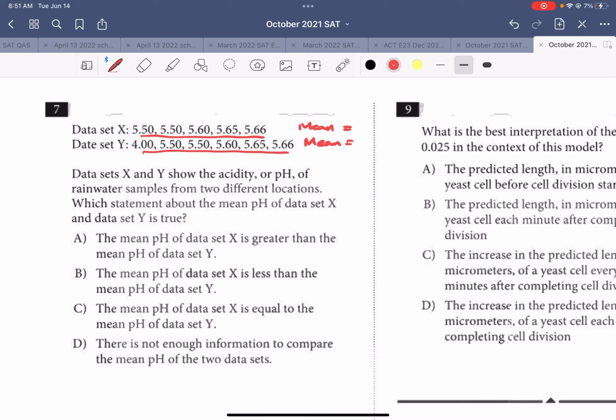Actually, I believe you have to find out. It looks like the mean for the data X is higher, but let's check. 5.5 plus 5.6 plus 5.65, okay, divided by 5. So you get a mean for this of 5.582, and the other one